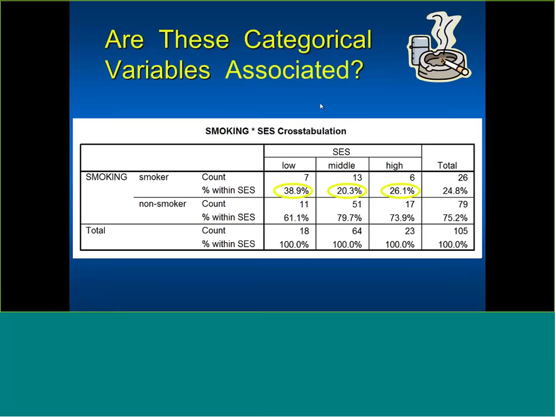So maybe I have some kind of hypothesis that those in the lower socioeconomic status are less educated about the ill effects of smoking. Maybe they're more stressed due to their low economic status, that they're working a couple of jobs and they're smoking more. I could have all kinds of theories here. So the question is, is that higher than the other two groups? And so I would actually run a statistical test to look at that,